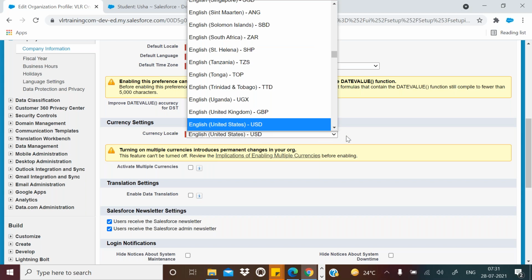And next, if I want to change it to some other currency, you can change it.